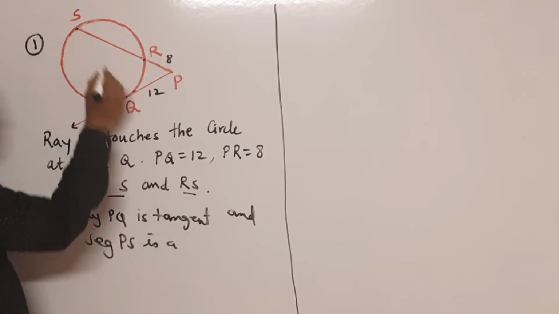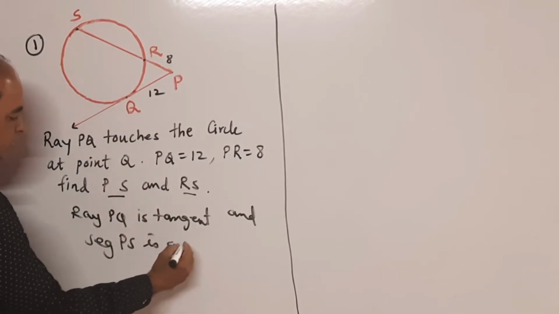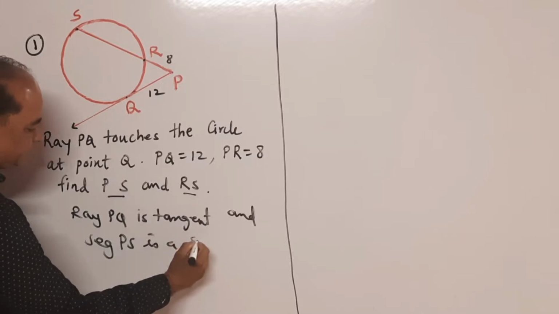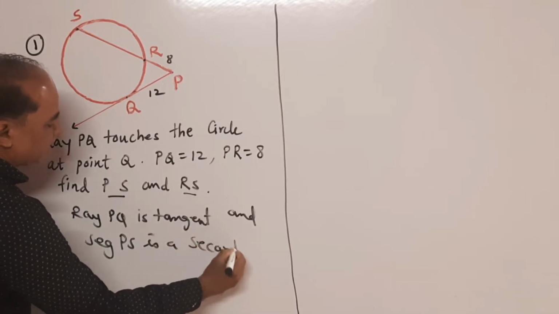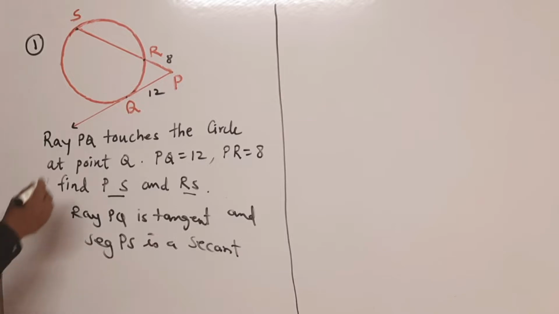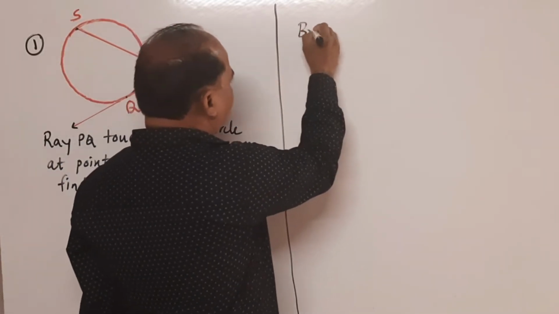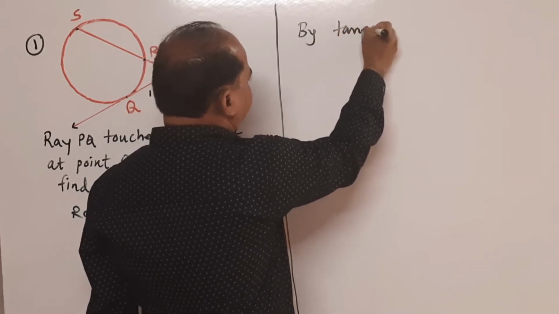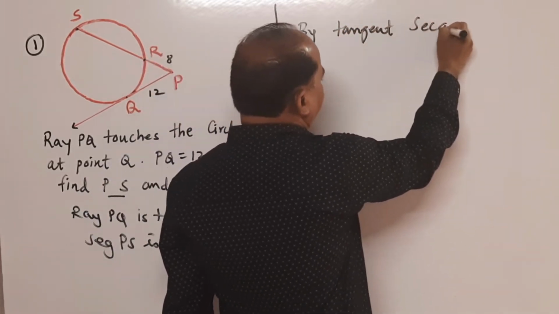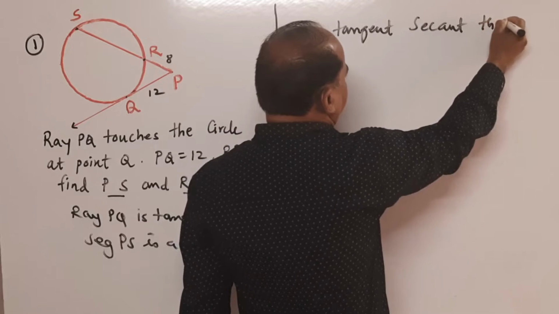The line which intersects a circle in 2 points is called a secant. So PS is a secant. So by the tangent secant theorem,